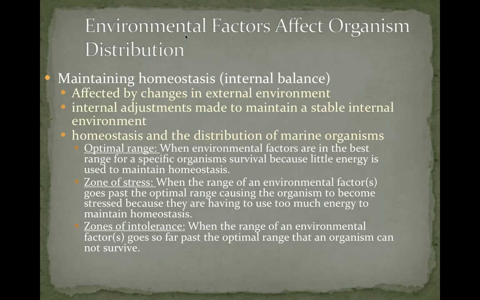Okay, so now what we're going to get into is environmental factors that affect organism distribution. And what this basically is, is why certain organisms are found in certain places. So, for instance, you're not going to find a polar bear in the rainforest. They just don't live there. It's not because we have them fenced off in the colder areas and they can't travel down here on their own will, but they're just not adapted to live in those areas. So this is what this is meaning. Environmental factors that affect organism distribution, where we find organisms. The first thing we have to talk about